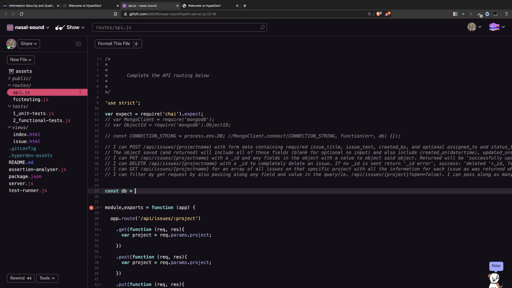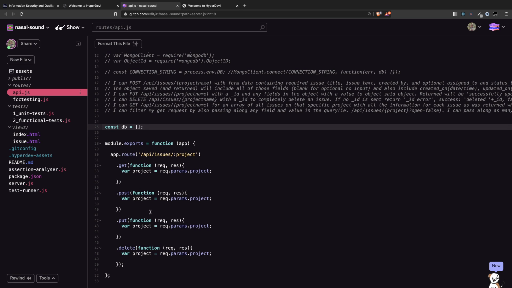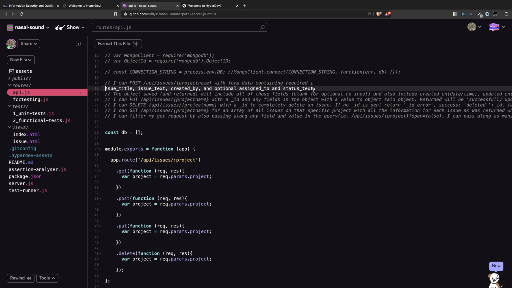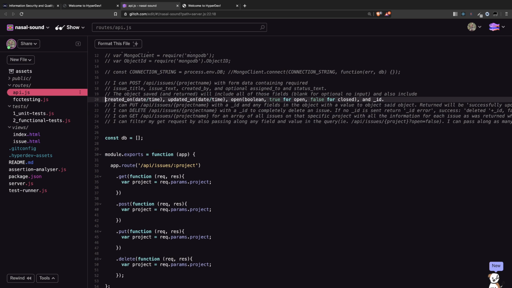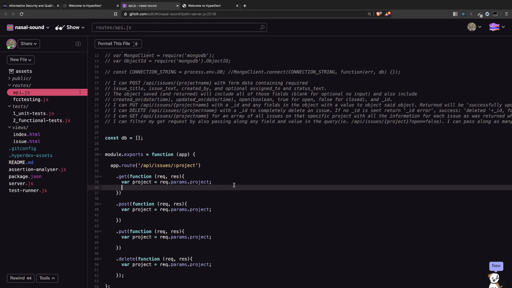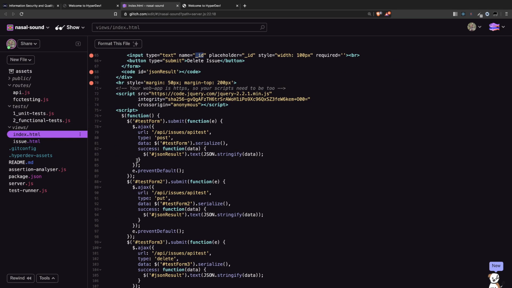All right. Database will be an array. Now, when it's posting, params.project. Okay, let me also format this a little bit so I can see better. Also this. Okay, so issue title, issue text, created by, status. So that comes from params.project. Interesting. So not sure if that's not params, the body, because here when they submit